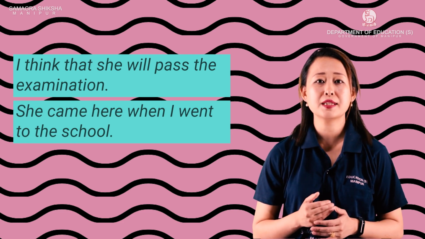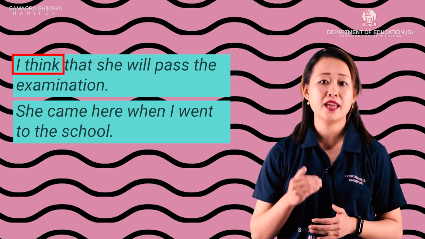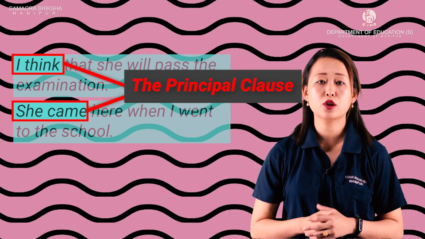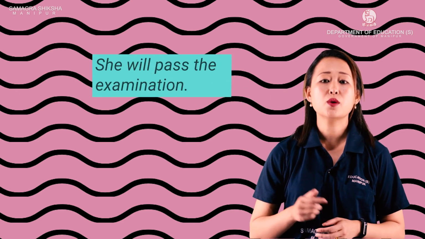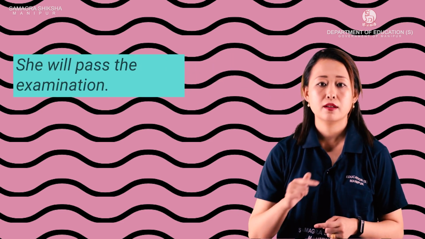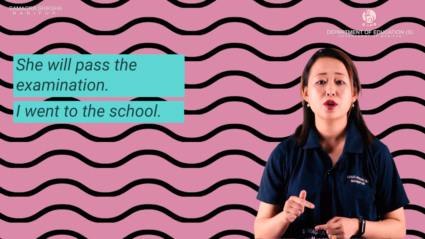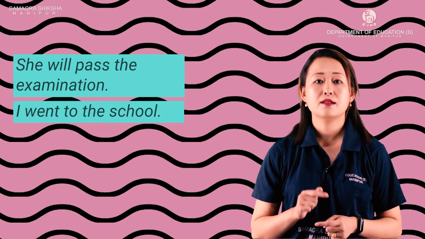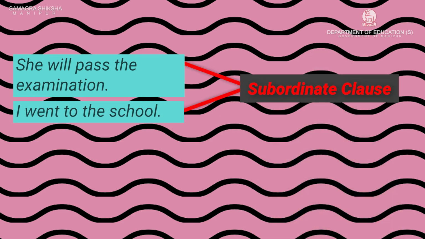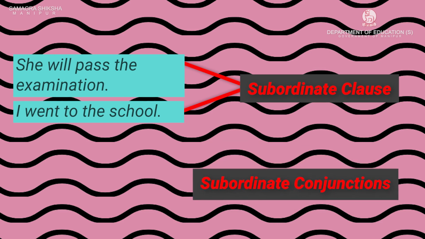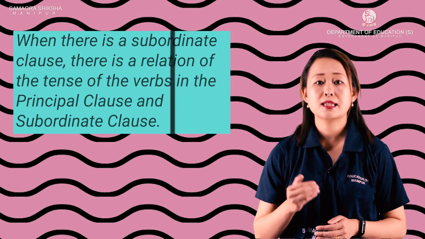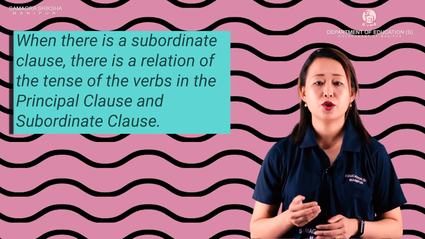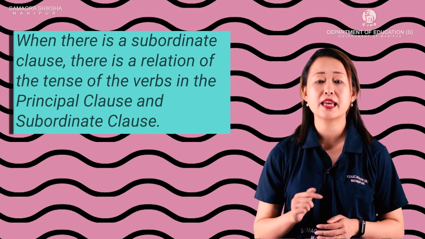Here, in these two sentences, I think and she came are the principal clauses, and she will pass the examination and I went to the school are the subordinate clauses. These subordinate clauses are connected to the principal clauses with subordinate conjunctions that and when. So, when there is a subordinate clause, there is a relation of the tense of the verbs in the principal